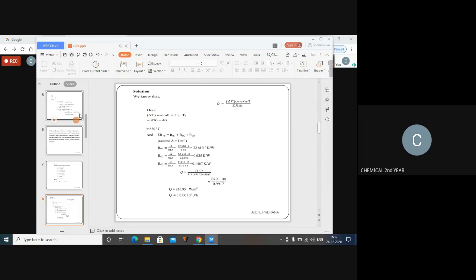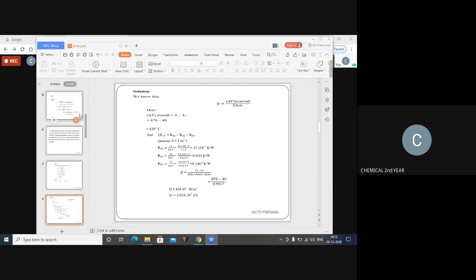So RTH1, the simplification of the formula for RTH1 is L1 divided by K1 into A. You know the value for L1, you know the value for K1, and you know the value for A. Substitute all the values for finding out the RTH1, and you will get the answer as 22 into 10 to the power minus 2 Kelvin per watt. The same is to be continued for RTH2 and RTH3, and you will get the values for RTH2 as 0.625 and RTH3 as